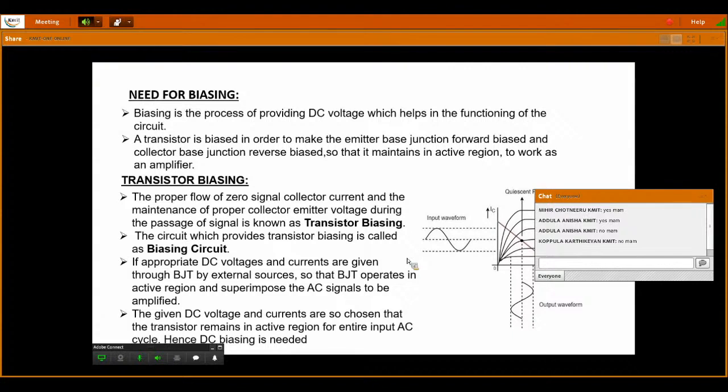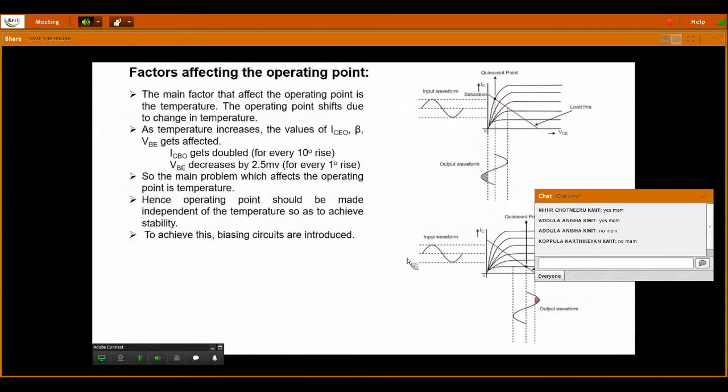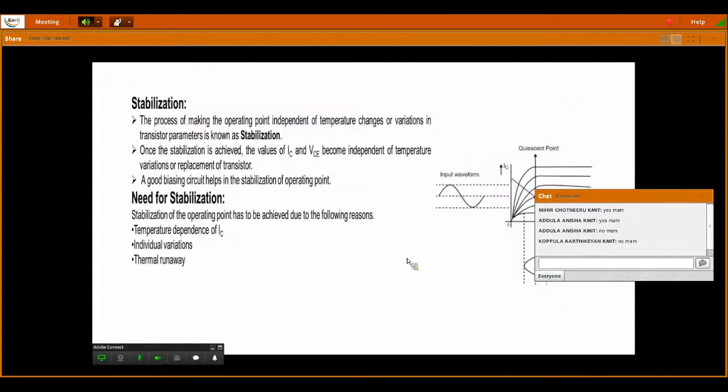Now, the transistor must be operated in the linear region. In addition, we should maintain the quiescent point exactly at the center. Hence, we provide the biasing networks. If the operating point moves due to any changes in the DC signals, we get distorted outputs at the positive and negative peaks due to the shifting of the DC load line. Now, the need for stabilization is that